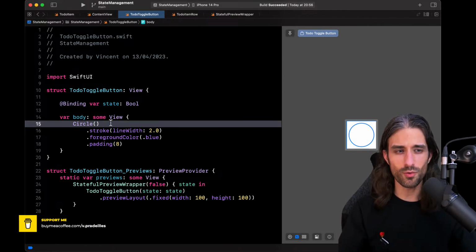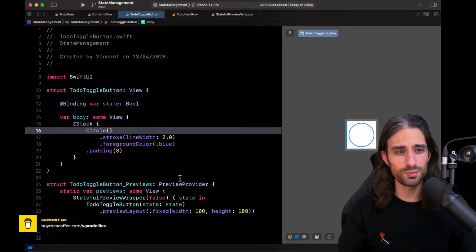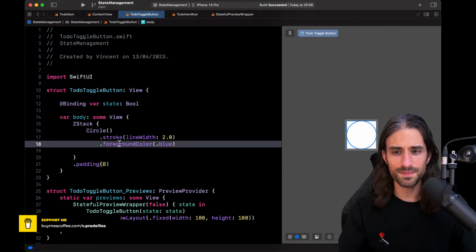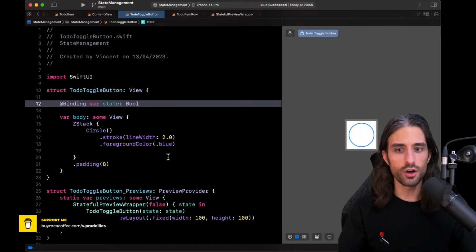So maybe you remember what kind of view to use. Actually, if you're watching the replay, now might be a good time to pause and try to remember it. We saw it in the previous chapter about the layout system. We are going to use a Z-stack, which allows us to put items on top of each other. And so I'm going to move the padding at the level of the Z-stack. So I have the circle in the Z-stack, and it will always be there because I want it to be displayed regardless of whether state is set to true or to false.